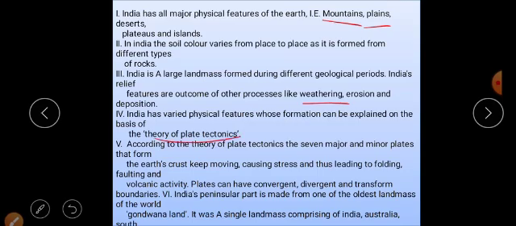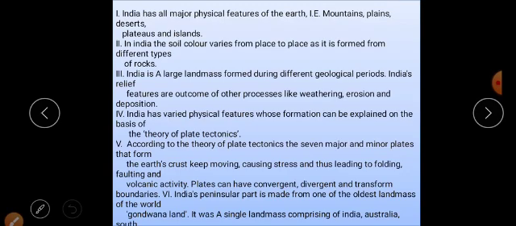tectonics. According to the theory, in our world there are 7 major plates and lots of minor plates, which have given shape to the land masses, because they have created different types of boundaries. All the plates are joined together and form different types of boundaries known as convergent, divergent and transform boundaries. And you should know that these plates are not static, they are always moving in a particular direction.